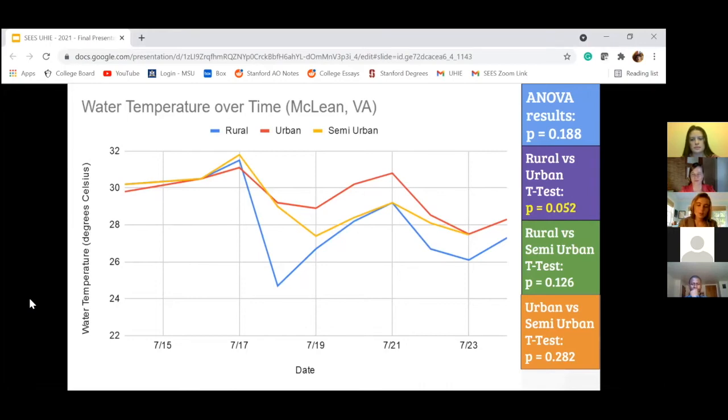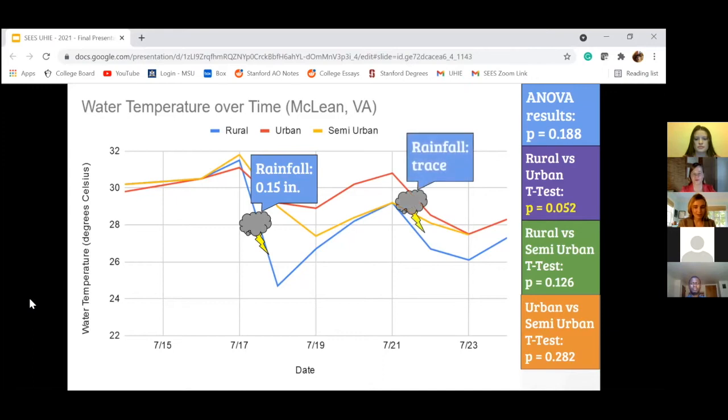You can see a little bit of rainfall anomaly on July 18th, when it rained approximately 0.15 inches. As you can see, the temperature dropped very little in the urban and semi-urban sites, but it dropped a lot in the rural site after the rain. We hypothesize that this is because of heated runoff from the city infrastructure, which we described earlier in the literature review. This confirms our hypothesis that urban heat island effect warms water via runoff. You can see this effect again to a lesser degree on July 22nd, when there was a trace amount of